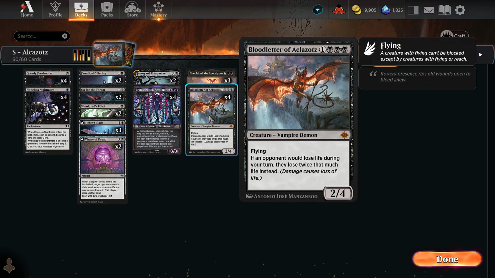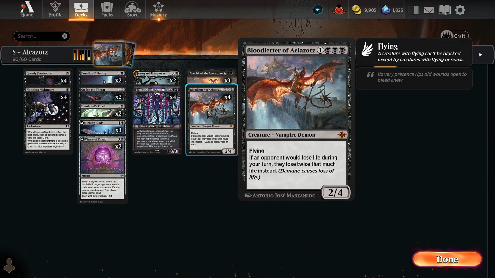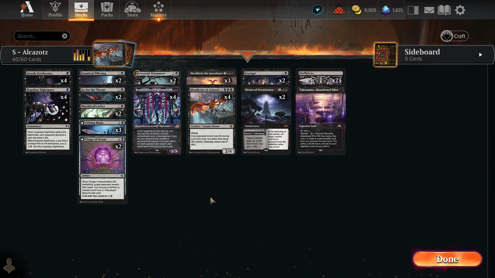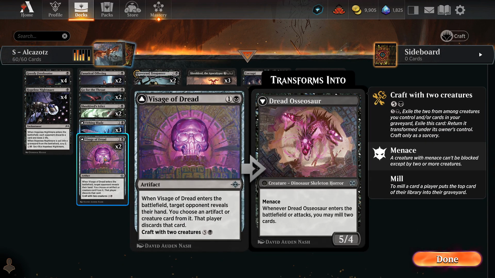I feel like this is a little bit ambitious. It's hard to get this down because we're usually kind of playing from behind, right? Where a lot of our early stuff doesn't do a whole lot. So it's hard to play a 2/4 and not feel like you're just going to die on the turn after. But if you can control the board enough,